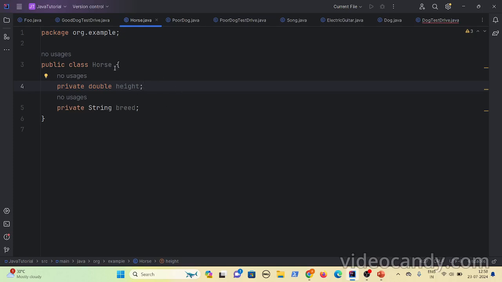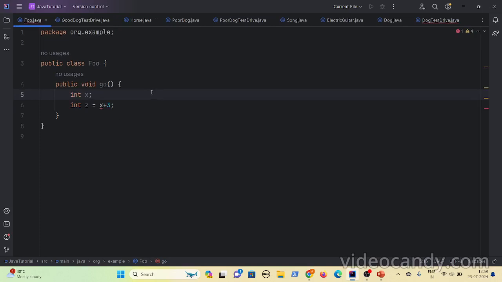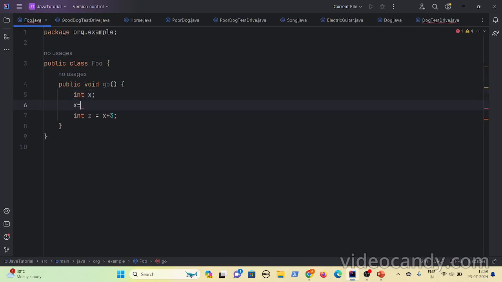What the JVM does is, whenever you create an instance of the horse, it puts default values for these instance variables. Like for height, a double, it will add 0.0, and for string, it will add null. But for local variables, you need to provide the default values, else it will fail. Here, I just declared it, did not provide any value, and now I am trying to access it. If you see here, variable x might not have been initialized. So I can go and do x is equal to 2. This will work. So before using the local variable, you have to initialize it, else it will fail.